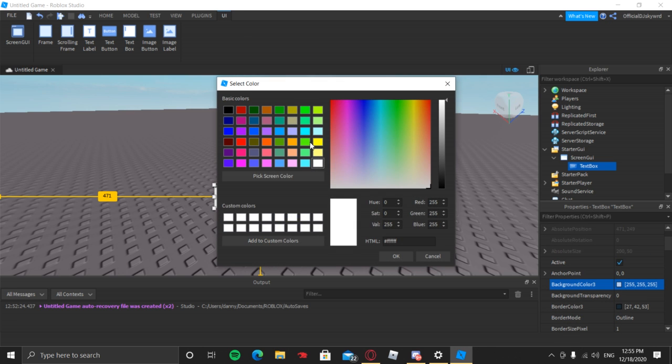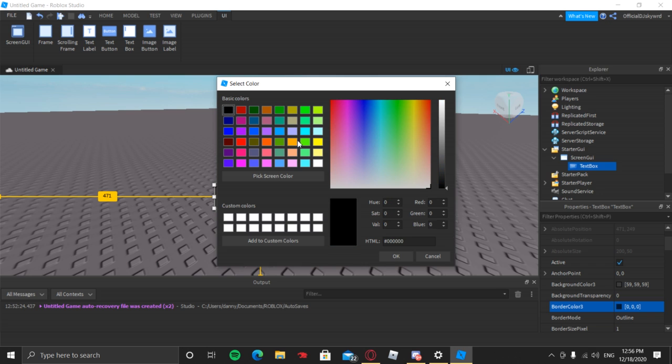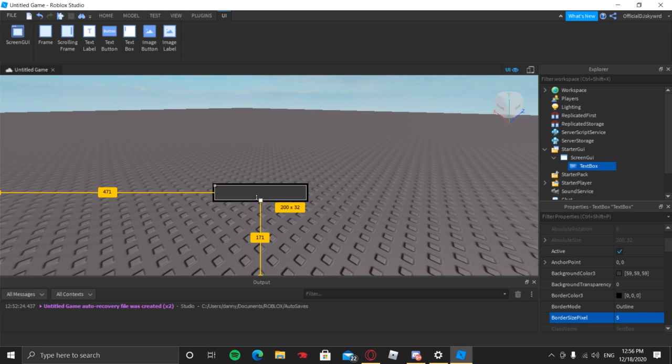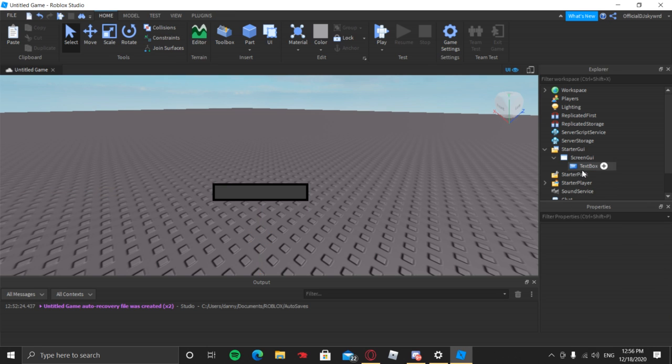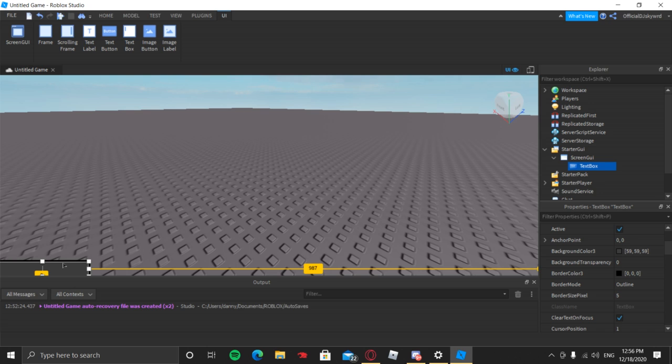I'm gonna put the background color as a bit of a gray, like a grayish type color. And then for the border color, we're going to do it solid black. For the border size, I'm going to put it to 5. I'm also going to scale this down, just like that. So now we're going to move this right there. I'm actually gonna scale it out a little bit more. So yeah, now